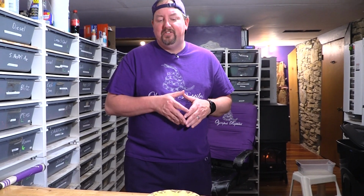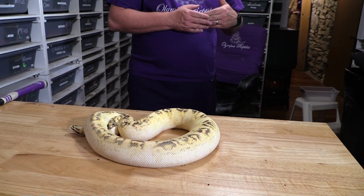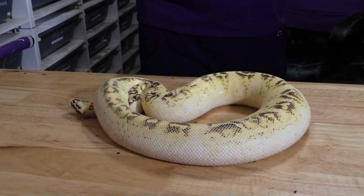So like those things are still happening. But this is going to be a snake that's going to be very similar to pied eventually. It's going to hit a bottom end. It's just as hard to make as a pied because it's basically...